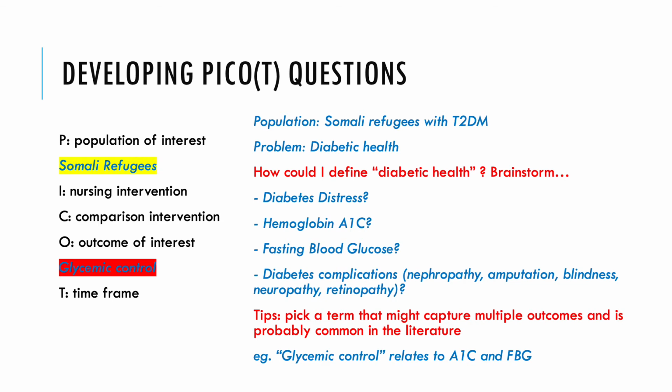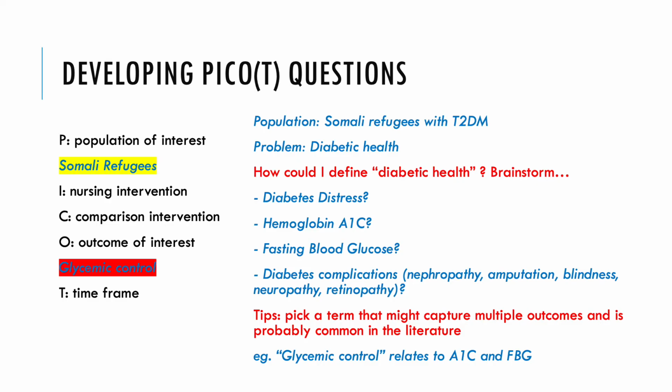Now notice I didn't say diabetic health or well-being. Those are really, really fundamental, important nursing terms, but how do you measure them? Well, health is actually very subjective, so is well-being. Even diabetic health can be interpreted in many, many ways. So you want your outcome to be very clear and concrete, something that can be definitively measured without leaving too